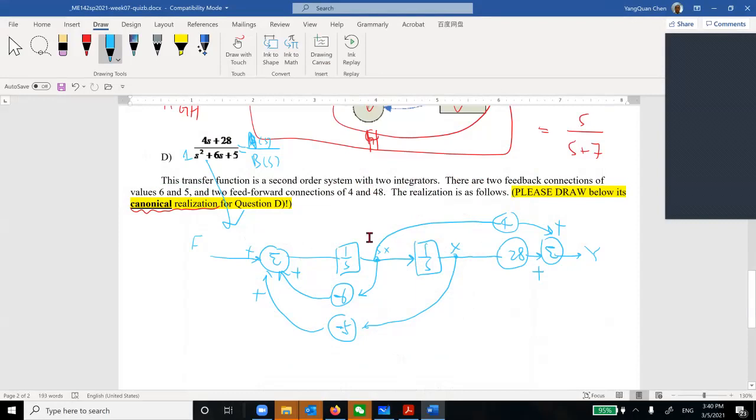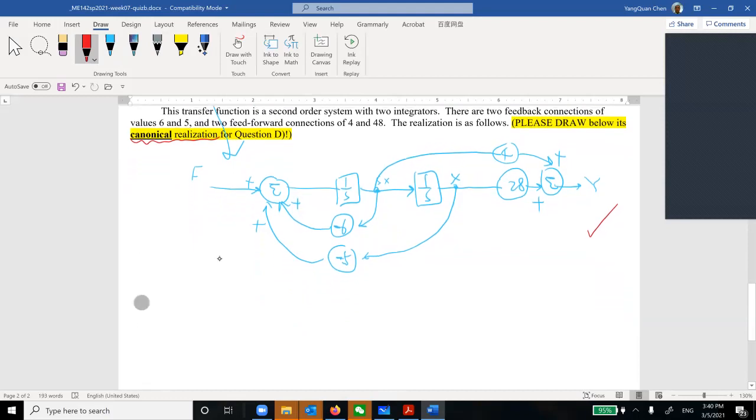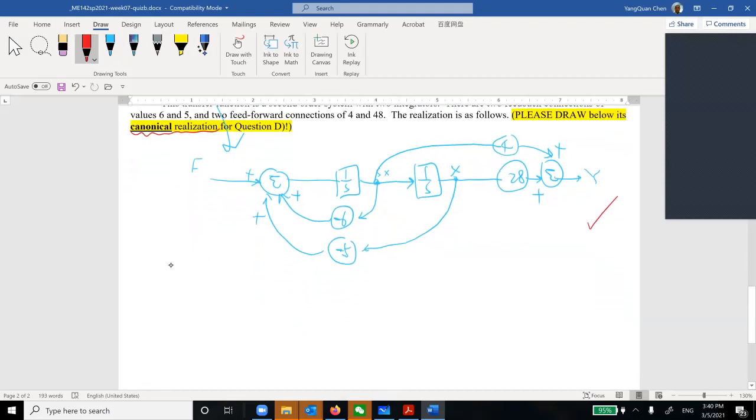I want you to draw the canonical realization. So then this is done. This is correct. Okay. But if I say, please, I need canonical realization